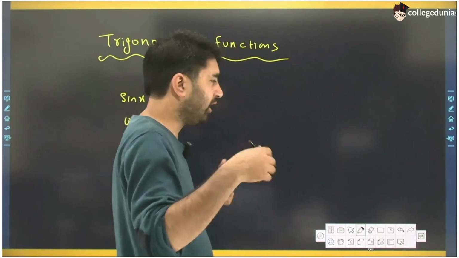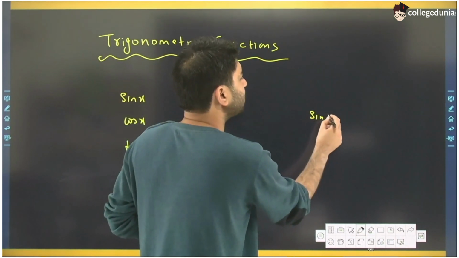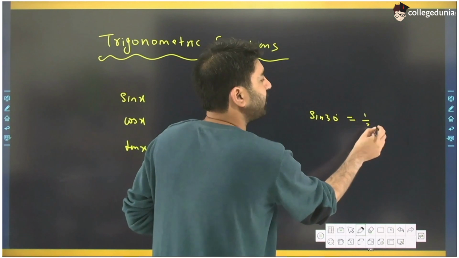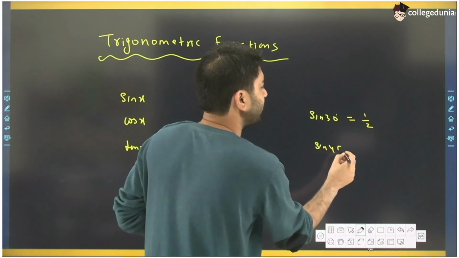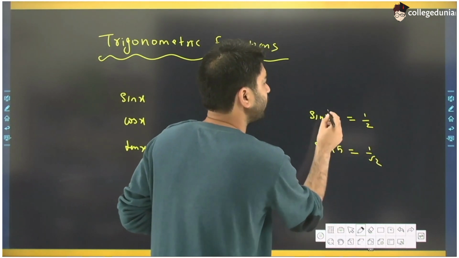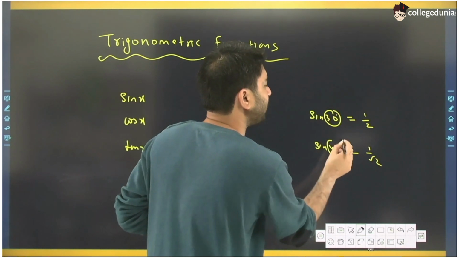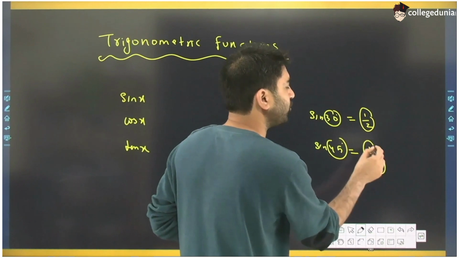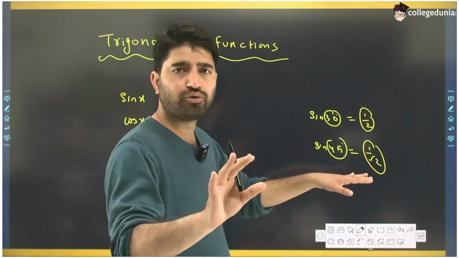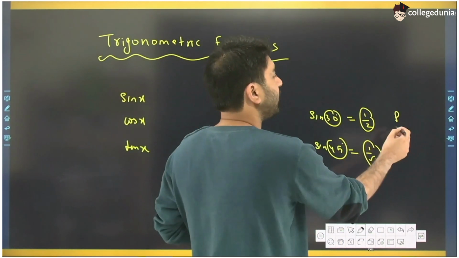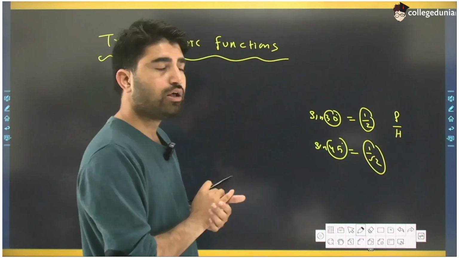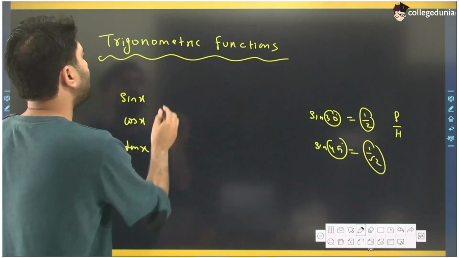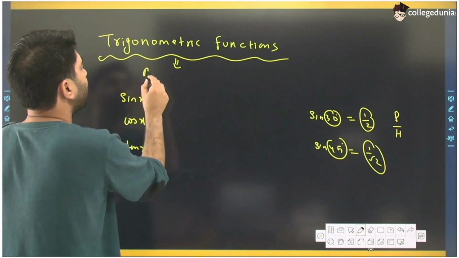angle and ratio. As you all know, sin 30 is 1 by 2. Sin 45 is 1 by root 2. So this 30 degree and this 45 degree are the angles. This 1 by 2 and this 1 by root 2, these two are the ratios of perpendicular and hypotenuse. Okay, so in trigonometric functions, basically we are going to make a relation